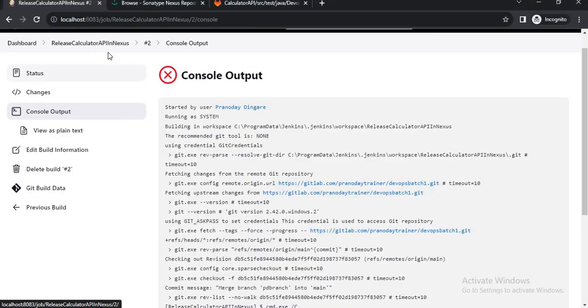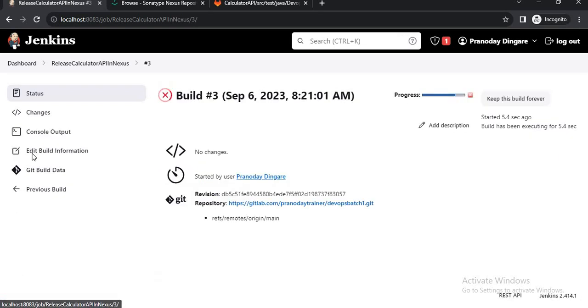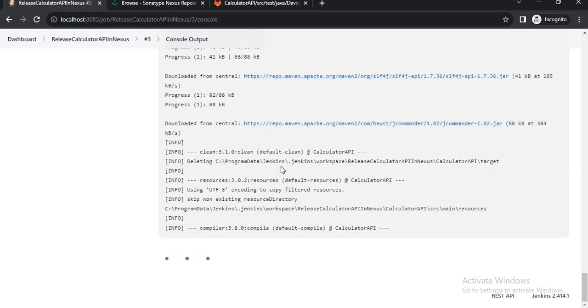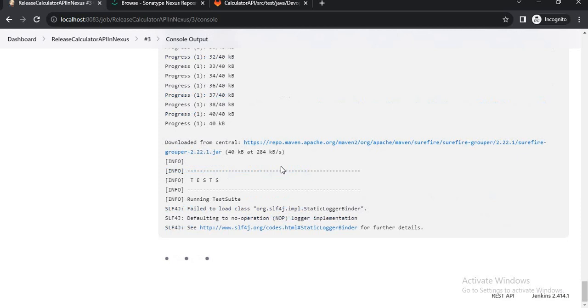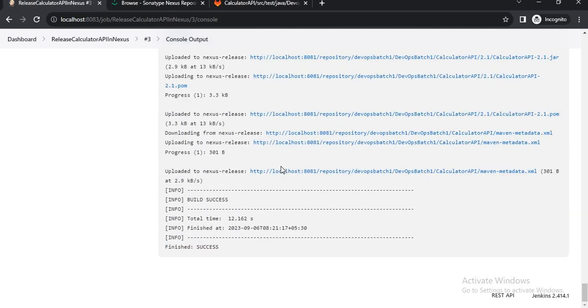Okay, so let's run the job, third build. Correct, now it has started. It is executing the tests, and now it says build success.